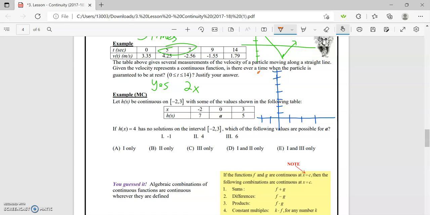We have 3, 5, so we're over here. We know that the graph has to cross through between 5 and 7 on the y-axis. We're continuous from -2 to 3, and we go from 7 to 5. So we know that any values between 7 and 5, because we are continuous, any values between 5 and 7